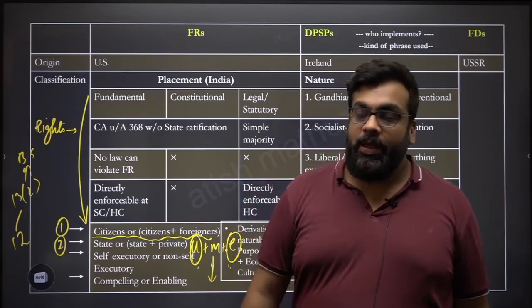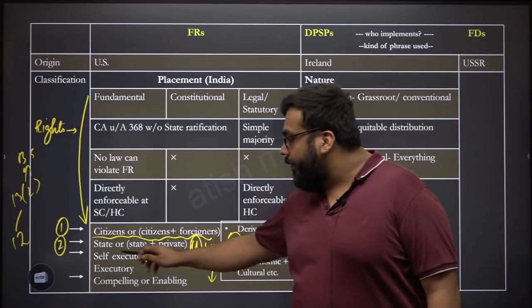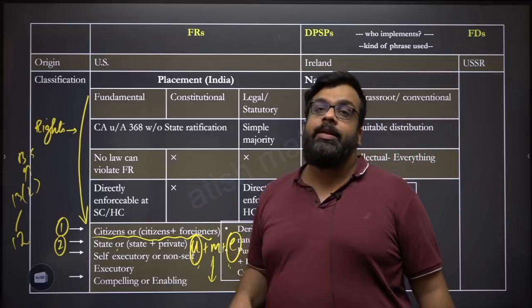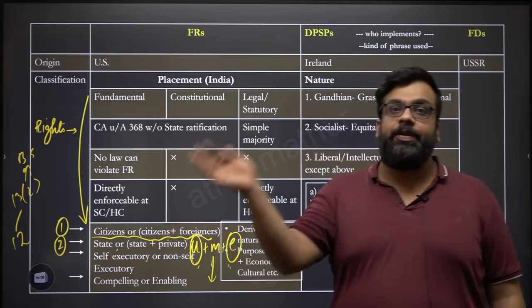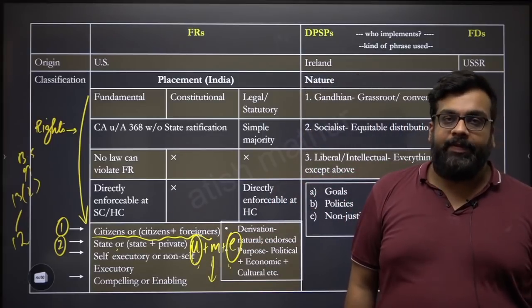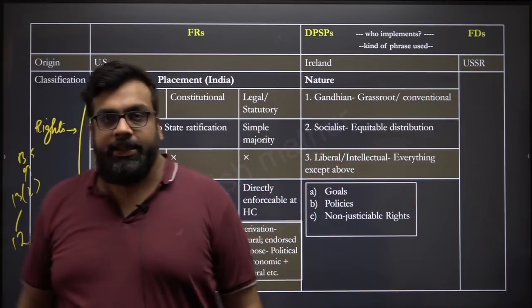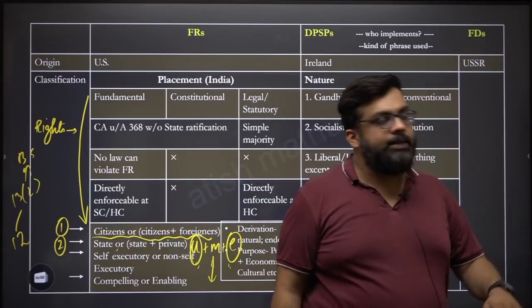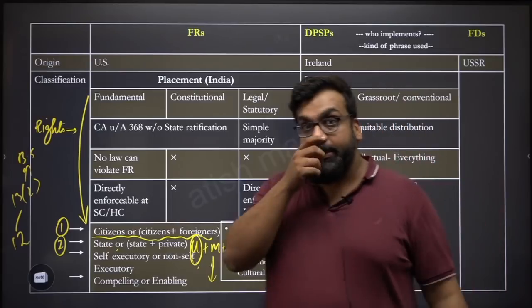Which is why you will also notice a writ of habeas corpus is available not only against the state but also the private, because a private individual can also illegally detain you, thereby hampering your movement, and therefore it is also available against the private individual as well. So untouchability, movement and exploitation are the three fundamental rights which are available not only against the state but also against private individuals. But, and this is the interesting part,